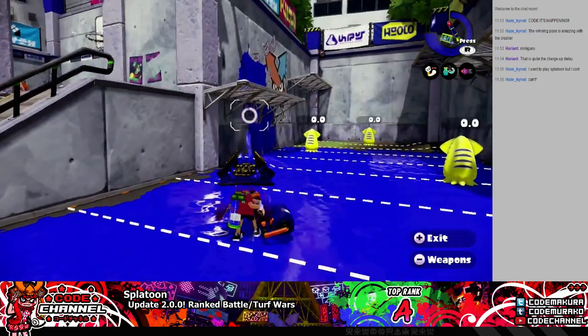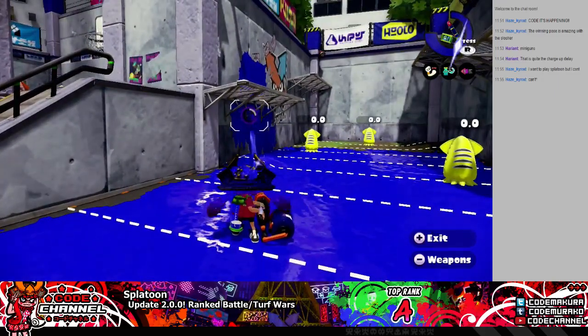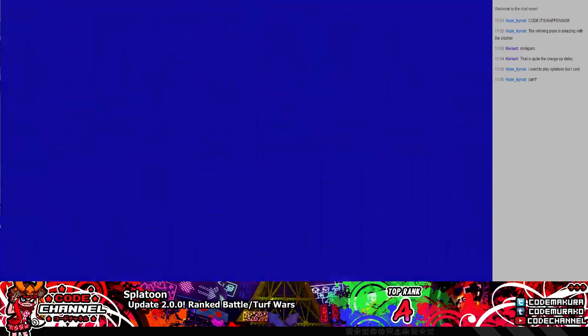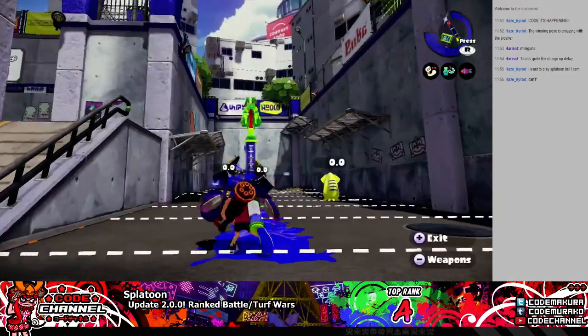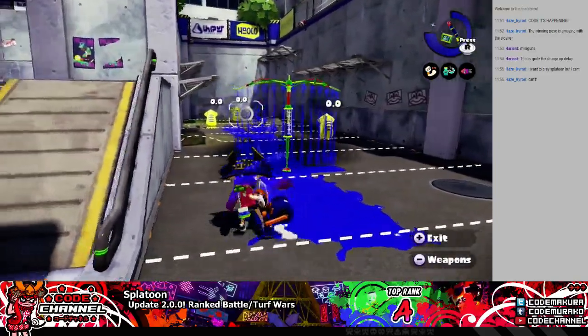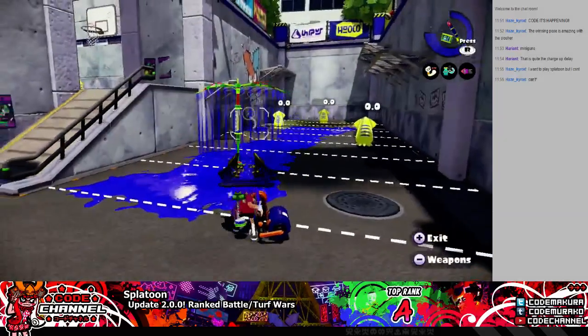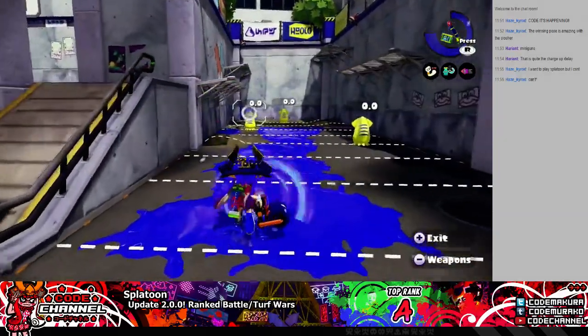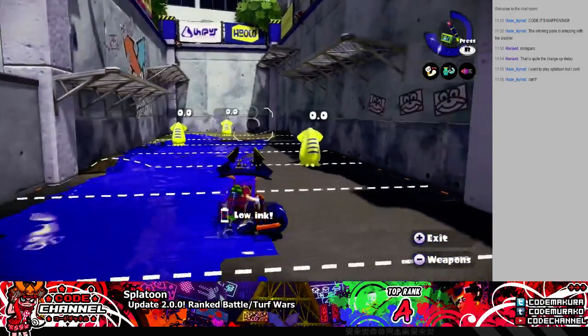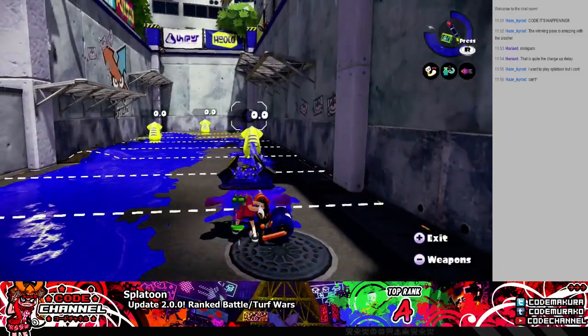Alright, let's just... Also, Splat Wall is pretty good. I actually like this combination. I mean, I haven't used it, but I feel like it's a decent combination. It'll give you time to charge your weapon, so...